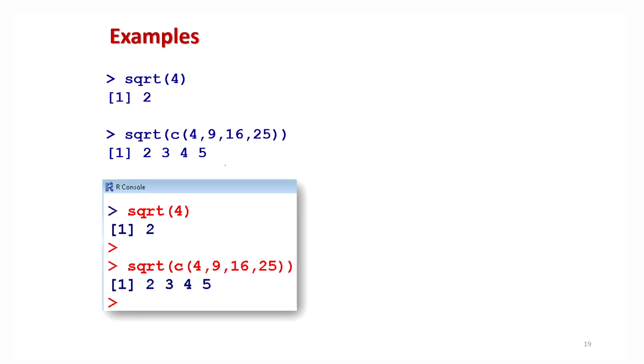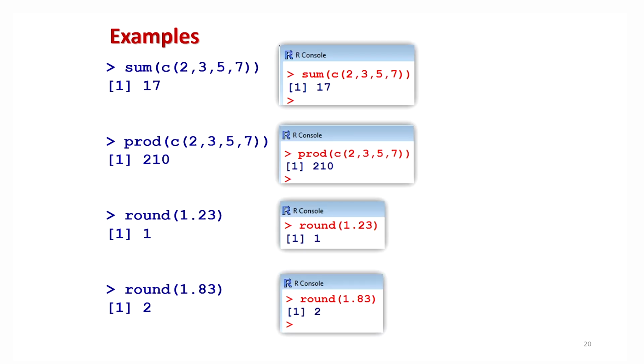Now, similarly, if you want to find the square root of a scalar, say 4, it is 2. So, without writing any program, you can simply write sqrt. And if you use this sqrt function over a data vector, the square root function is operated over each element, and you get the correct answer. And this is the screenshot of the same operation. So, you can see that these functions are working over scalars and data vectors.